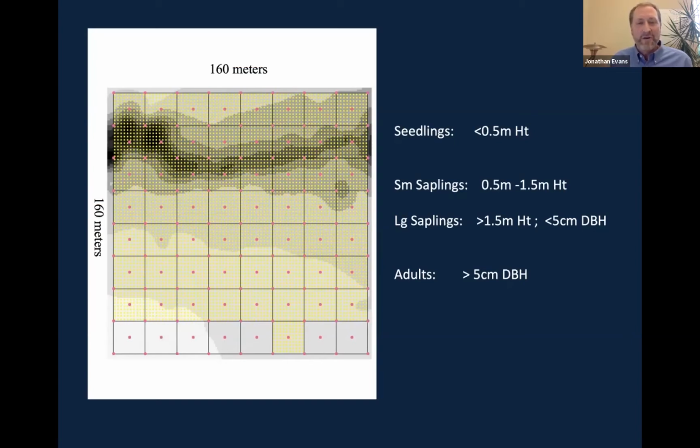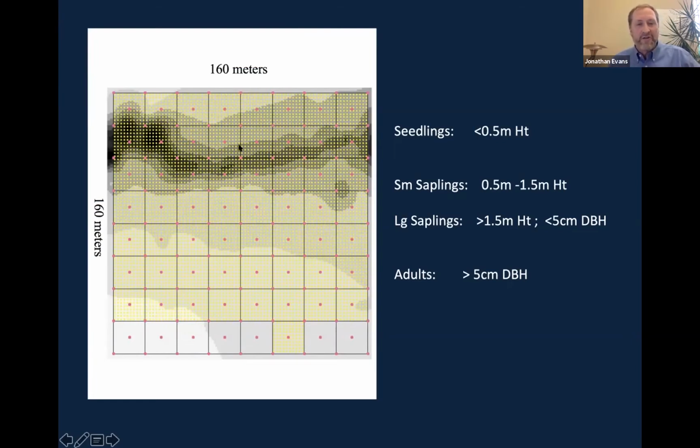But we felt that this was a possibility along with others that we needed to rule out. But we set up this long-term plot, about 2.3 hectares, where we mapped every seedling, sapling, and adult in this area. And what you're seeing here on the screen is basically the plot superimposed over a variety of depths within the pond. So the deepest area there, you can see that drainage channel going from right to left. That is over 2 meters deep, and it drains down a sinkhole, which is slightly off the side of